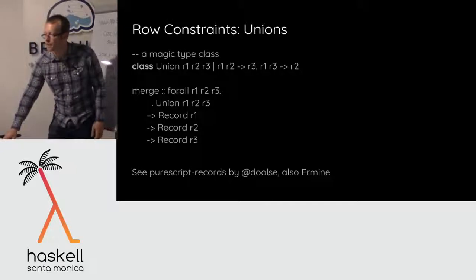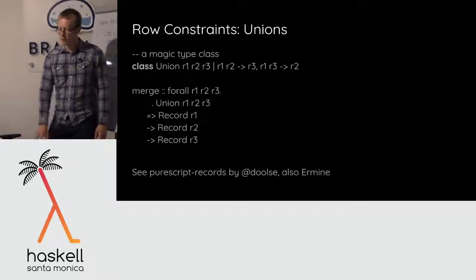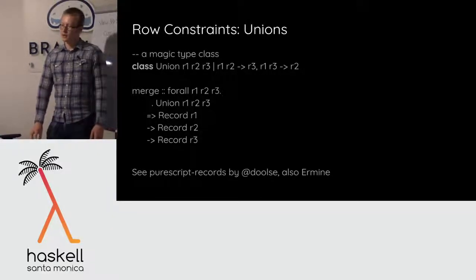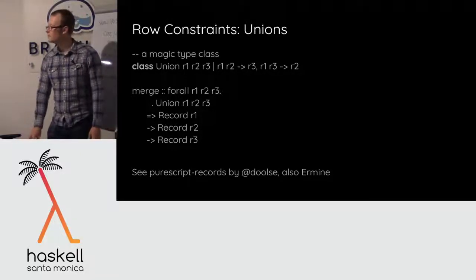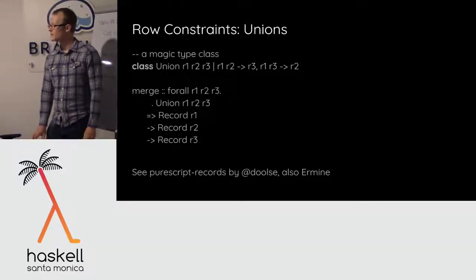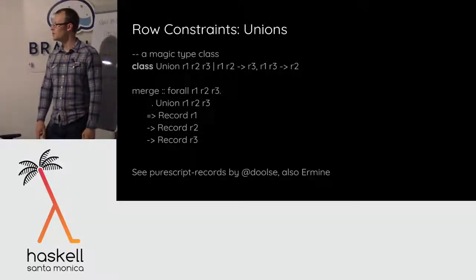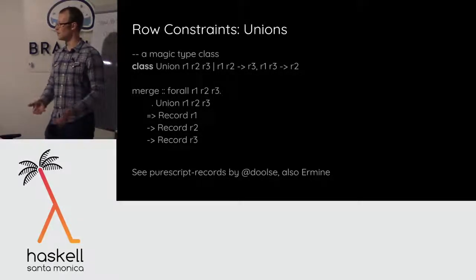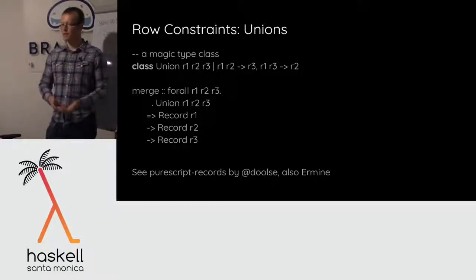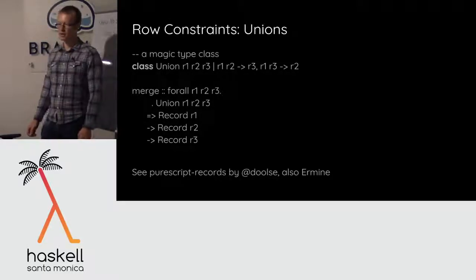The order of a row matters? The order of the different labels with respect to each other can be reordered. Duplicates of the same label cannot be reordered. When you reorder, are you just looking for something? Why would you reorder? Just for optimization? If you unify two things, you can think about it as I have to reorder one of them to get them in the right shape to unify them, if you think about them as lists. As a data structure, you can think of it as a map from labels to ordered lists of types, if that helps.